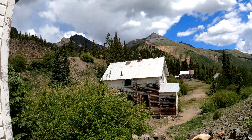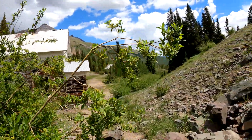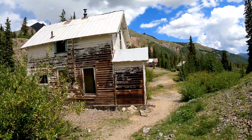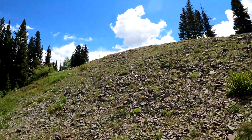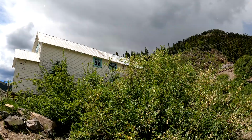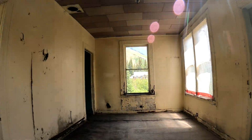I'm gonna get you another view of this house because it's pretty impressive. 1948, moving it across over Red Mountain. Listen, people are afraid to drive Red Mountain in an automobile. I just can't imagine getting a house across the way. That is awesome. And you can see the thing goes pretty far back. I mean, this is no joke. This is a big house. Pretty sweet. So I love this stuff because